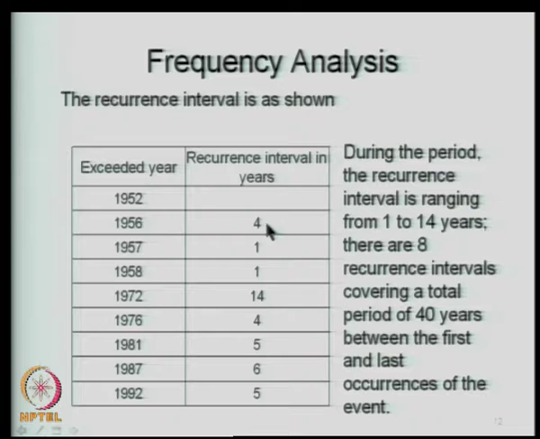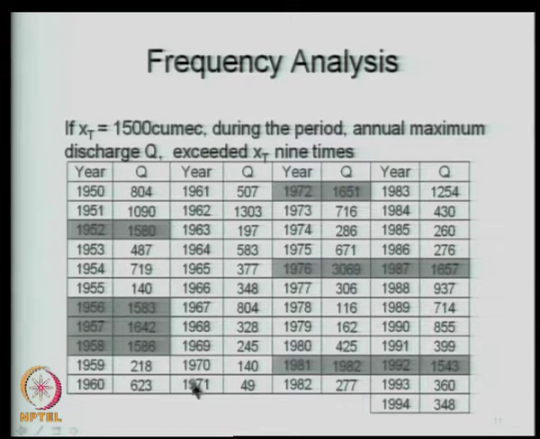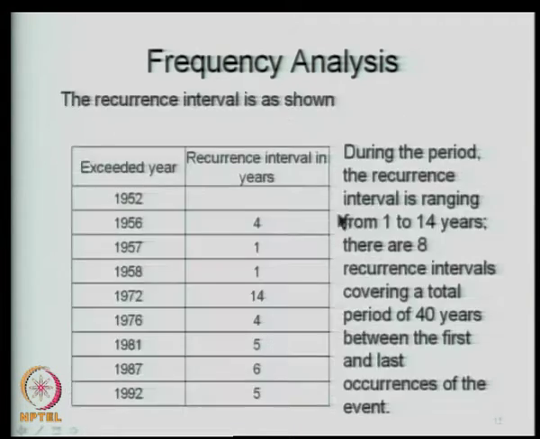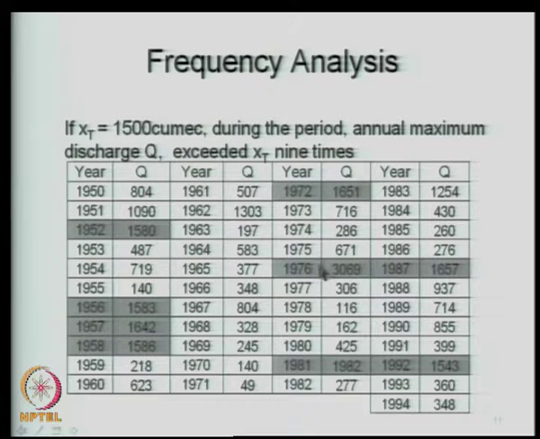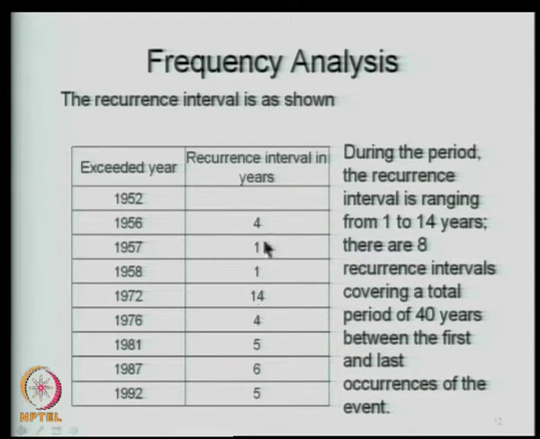So, there is a recurrence interval of 4 years between 1952 to 56, then 1 year, then 58 to 72. I am sorry, this was 1958, after that it occurred in 72. So, not in 61, it occurred in 72. So, there is a 14 year gap there. Then it again occurred after 4 years, in 76. So, there is a 4 year gap here. So, we count the recurrence interval in years like this and then list it,